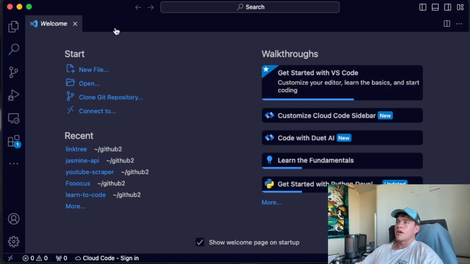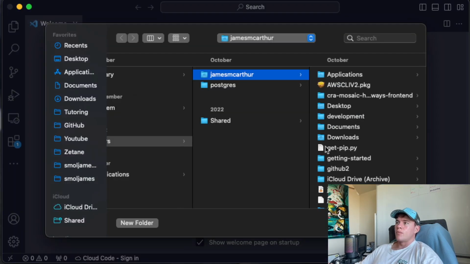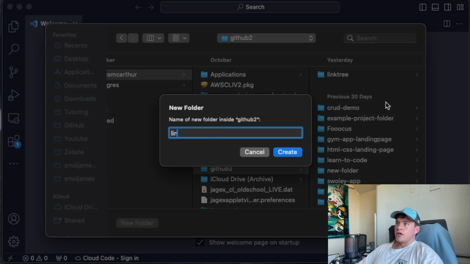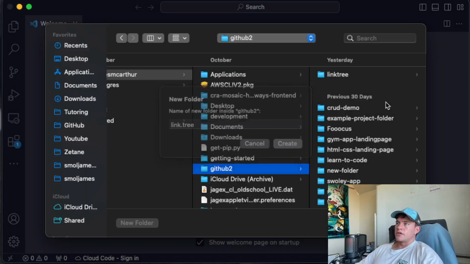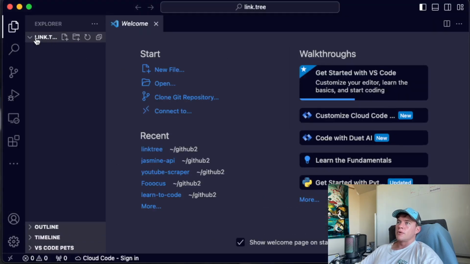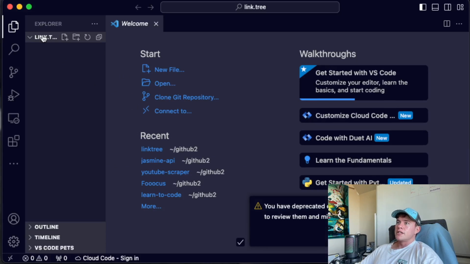And we're going to start off inside of our Visual Studio Code editor. If you don't have it installed on your device, you can find a link for the installation in the description down below, along with a link to the GitHub repository if you would like to compare your code with mine at any point. With a new window of Visual Studio Code open, we will hit open right here, and we're going to navigate to our project directory and create a new file called Linktr.ee, and we'll go ahead and open that up, and we can confirm that it's open because we can see the project directory name just up here